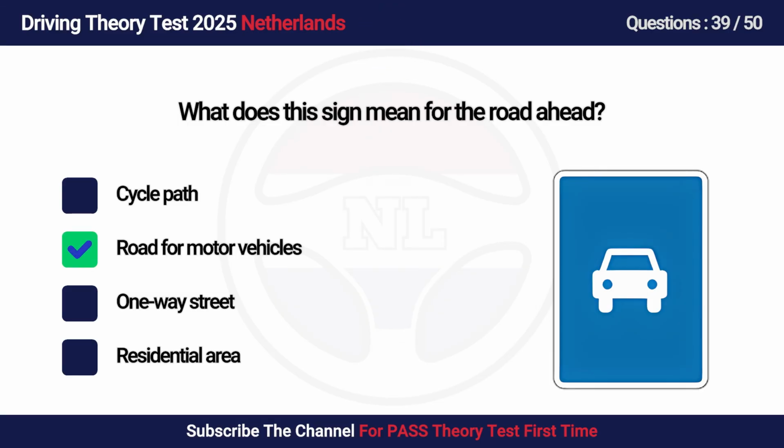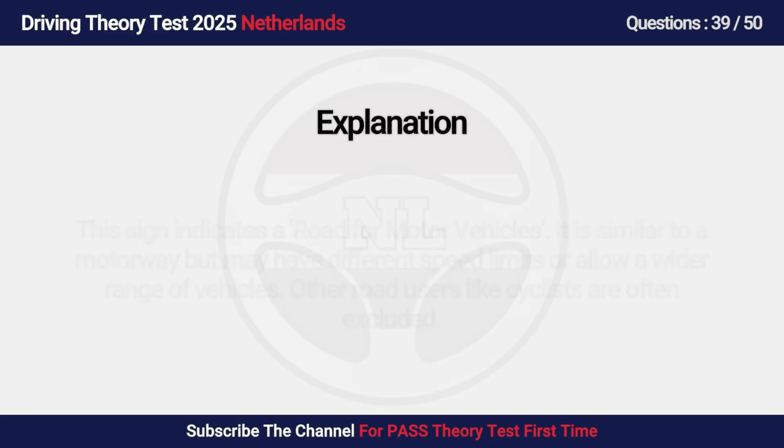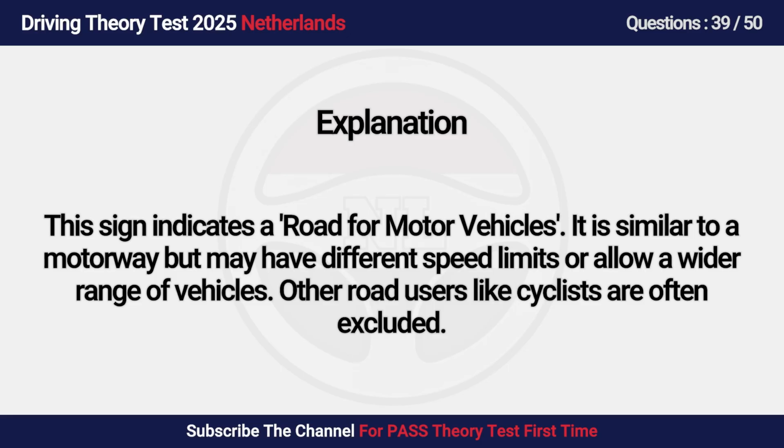Answer is B. Road for motor vehicles. This sign indicates a road for motor vehicles. It is similar to a motorway but may have different speed limits or allow a wider range of vehicles. Other road users like cyclists are often